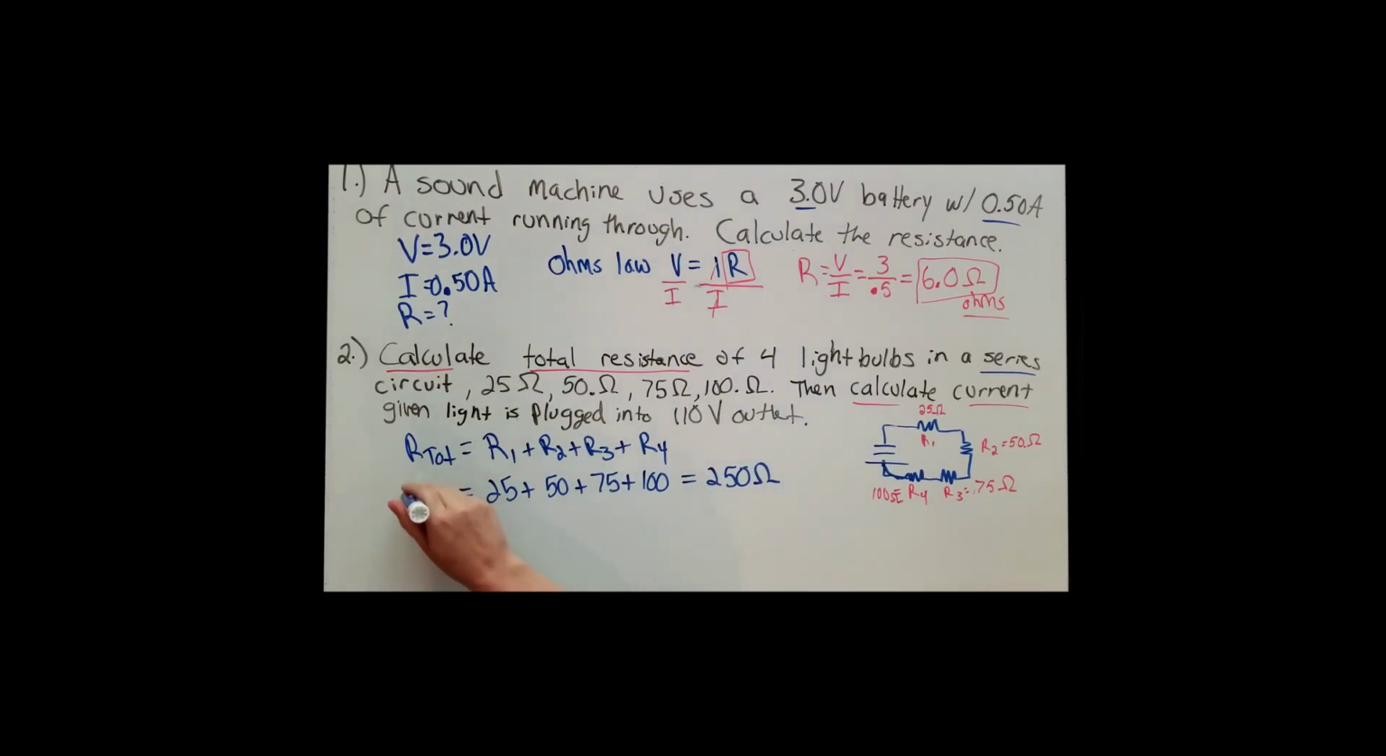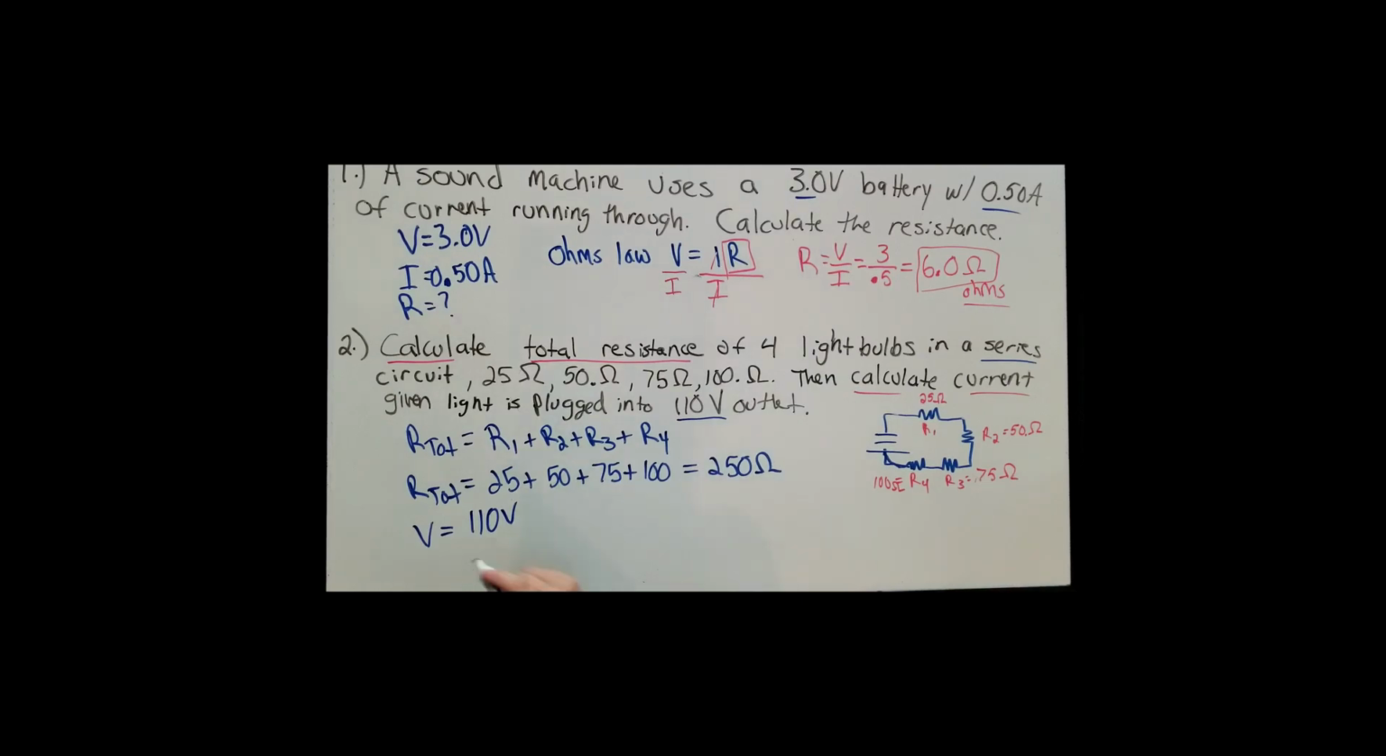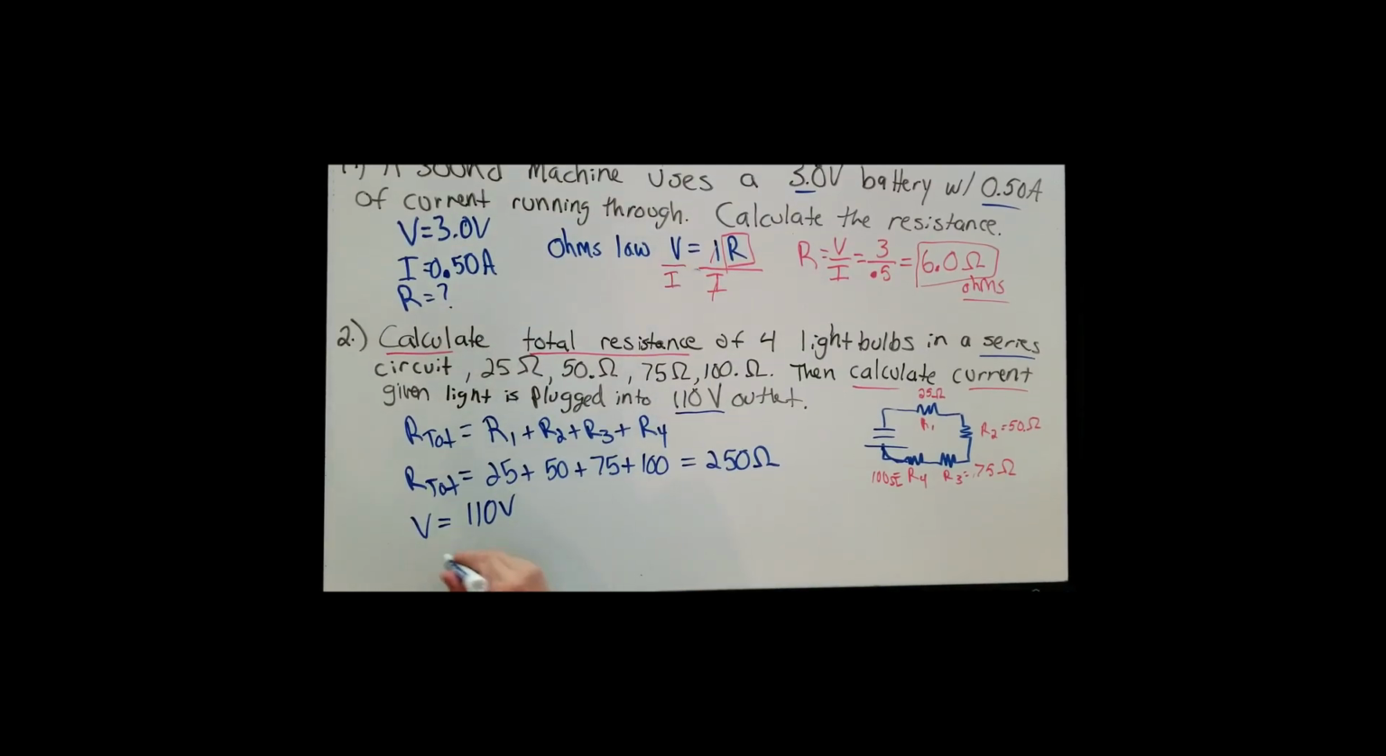So now approaching the next question, it's asking us to calculate the current given the light is plugged into a 110 volt outlet. So it's giving us another piece of information. We have our R total, we just solved for that. Then we have a voltage, so we also have a V value. And it's asking us to solve for a current,